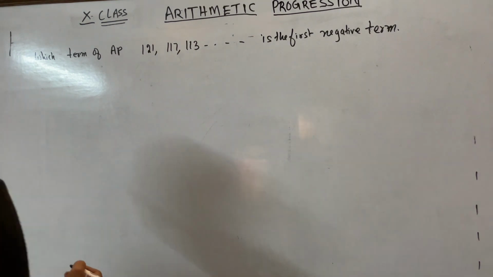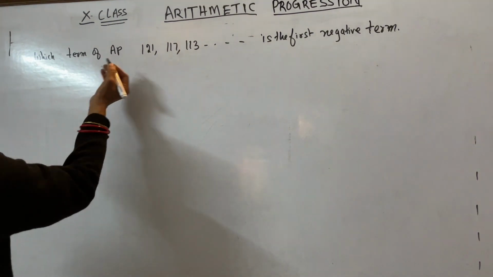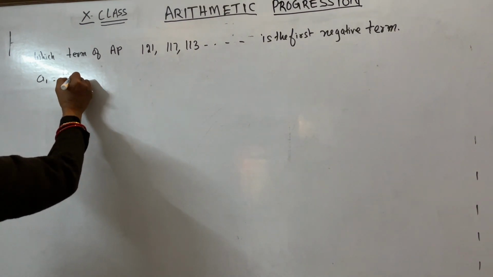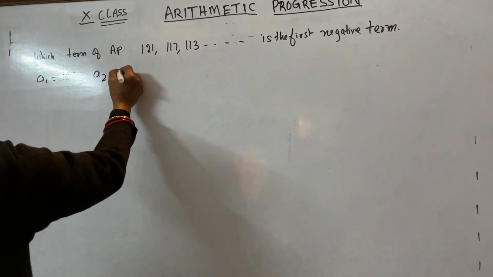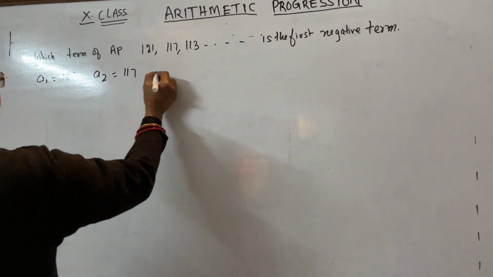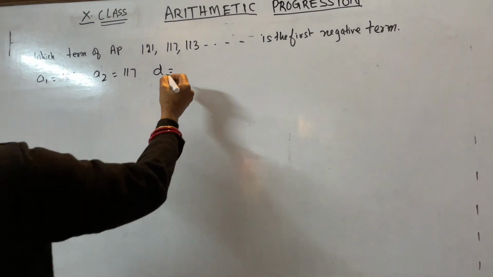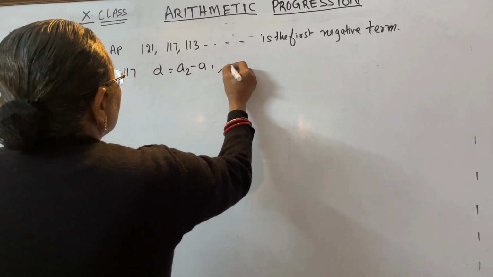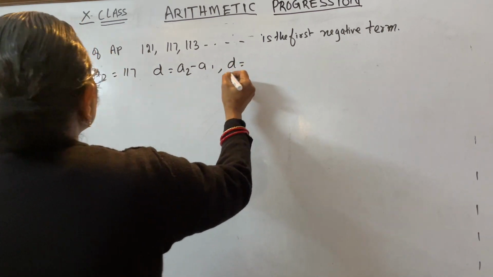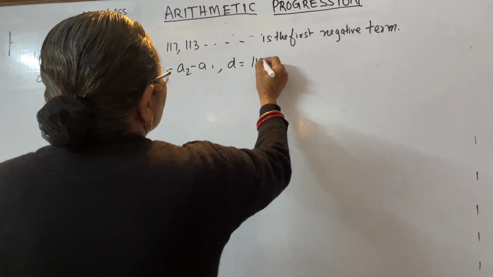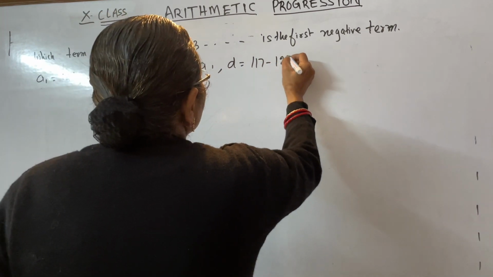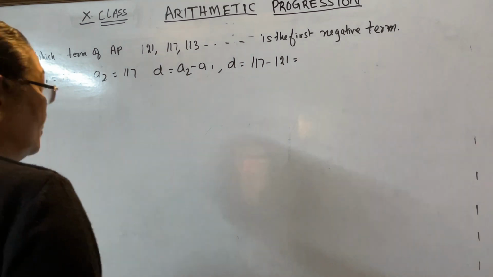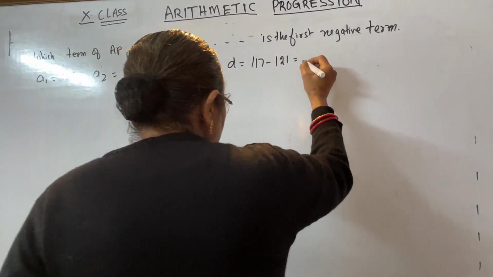So let us say, first let's see the difference. A1 is 121, A2 is 117. So common difference we can find out, A2 minus A1, that equals to D equals to A2 is 117 minus 121, that is 17, 18, 19, 20, 21, minus 4 is coming,